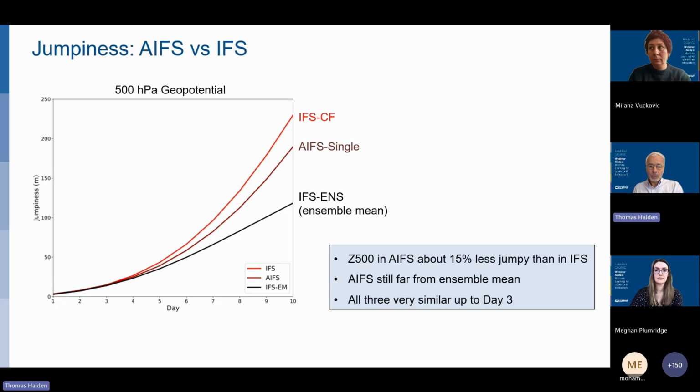And you might think, okay, this is maybe simply a similar effect, like if we are looking at the ensemble mean, and for that reason, I've also put the ensemble mean here, and you can see that we are still far from the ensemble mean in terms of this jumpiness, and also in terms of the smoothness, of course. And interestingly, all 3 are quite similar up to day 3. So it's only after that, after day 4 and 5, that this jumpiness begins to diverge.